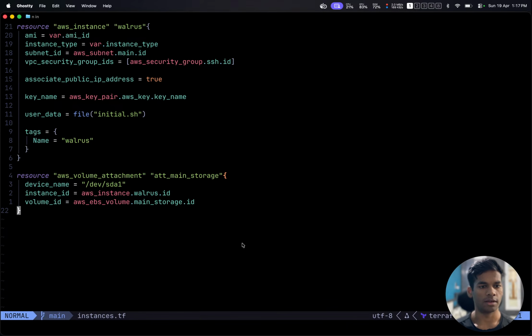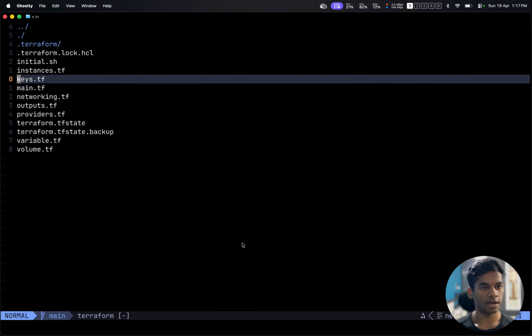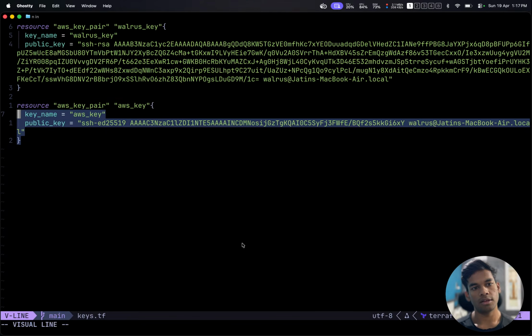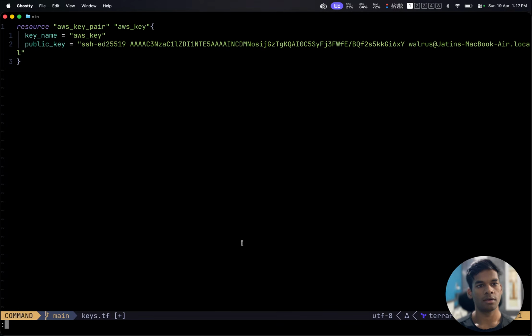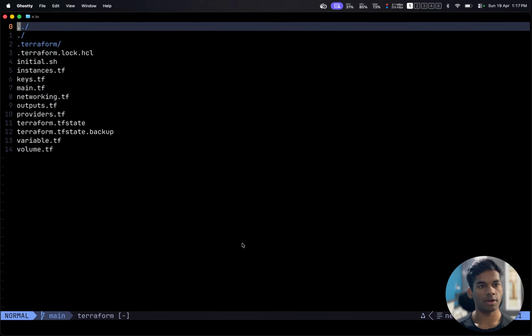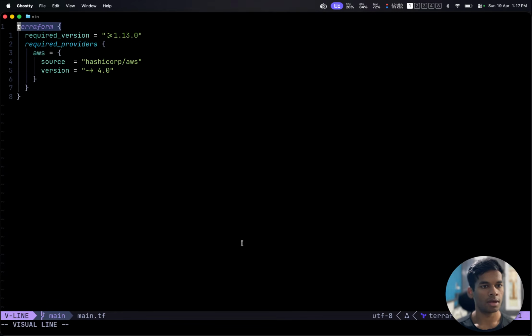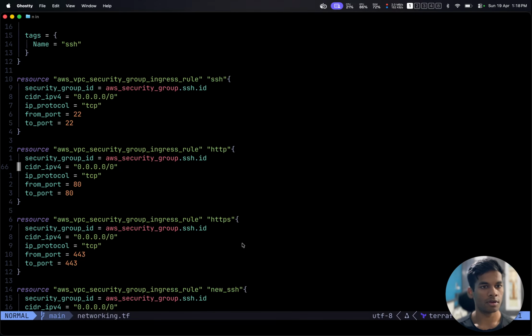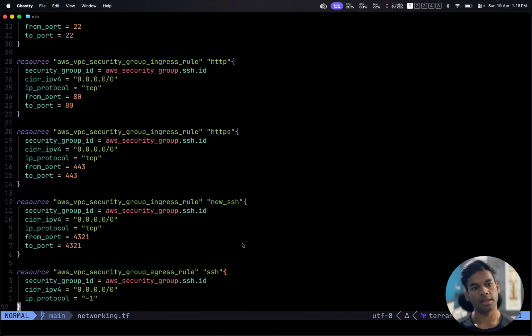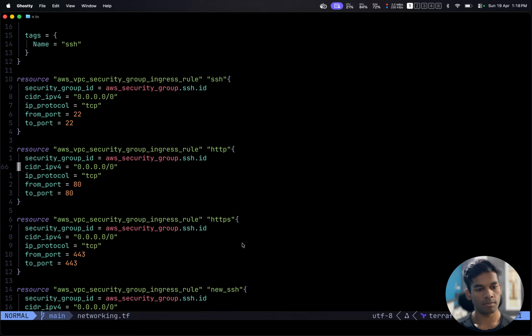This is common, anyone can know this. There is no problem with this. Our AWS tags and stuff. Keys. This is a public key, so totally fine. We can have our public key here, no problem. Main.tf. This is also totally fine. Anyone can see this. Network. This is also totally fine. This is just